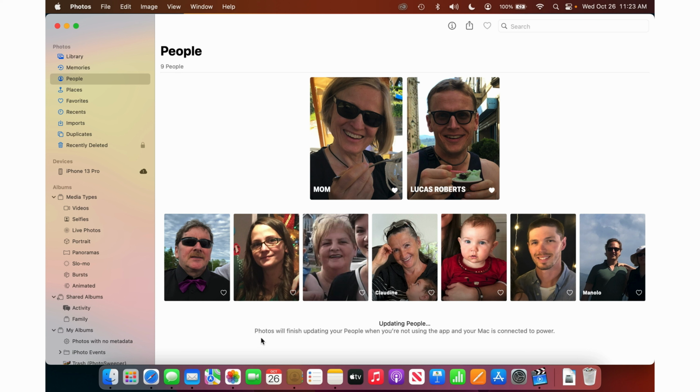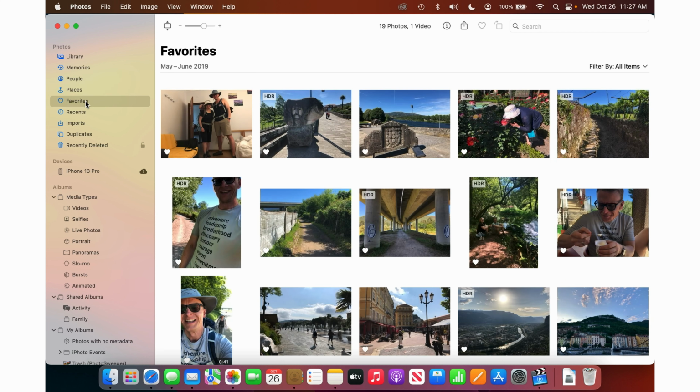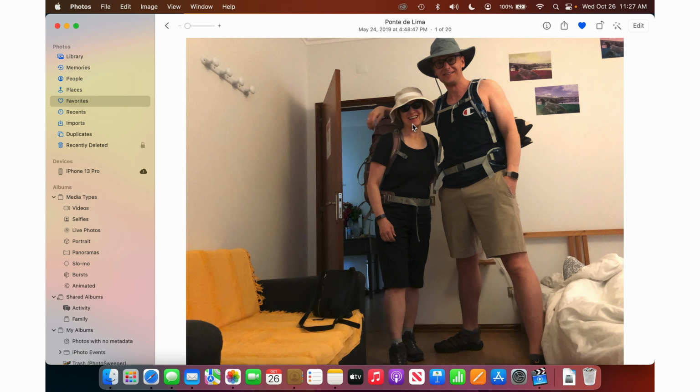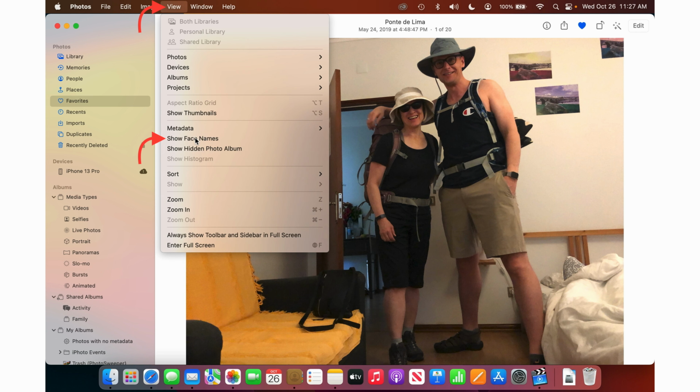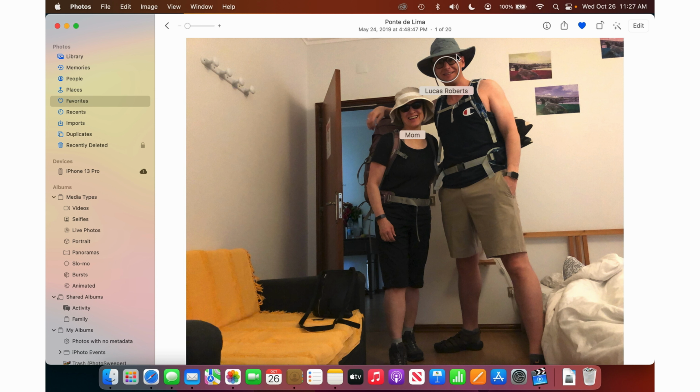The Photos app is going to help you find photos, but only when you're actually not using the app. So what you want to do is configure it, get it ready, get it looking nice so that you are setting up the Photos app to do a bunch of work for you. The first thing I always do is show the face names so that when you're actually looking at a photo, you can see what Photos is doing with the faces. So if you go to the View menu up here and then Show Face Names, now whenever you're looking at any photo, you'll be able to see what the faces are,